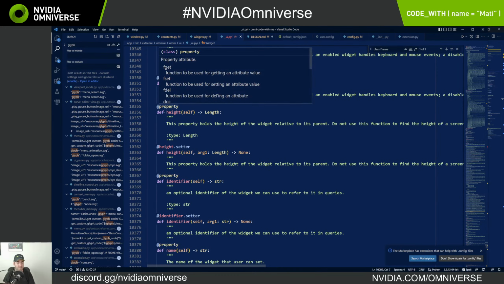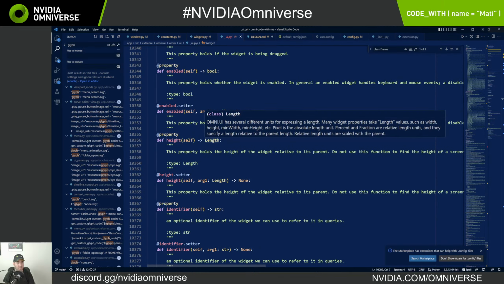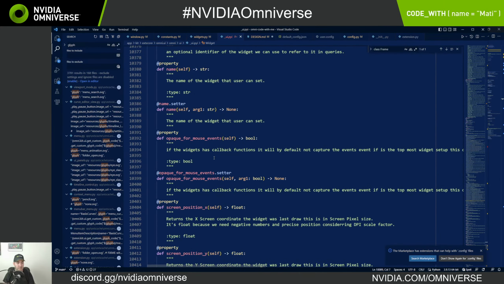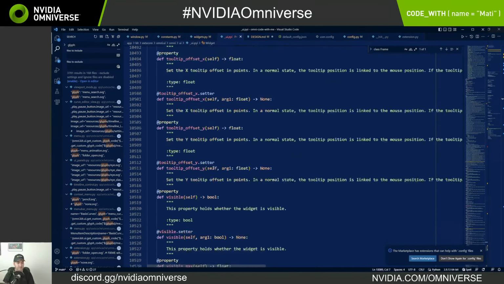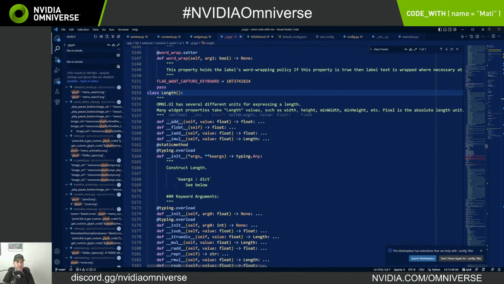Oh, I see. So I need to use a length. Where's width? It's going to be down here. It's alphabetical. So I want a length. What is a length? A length is